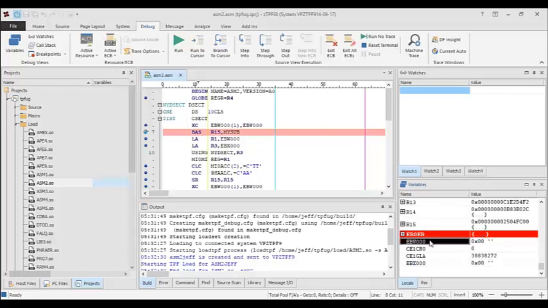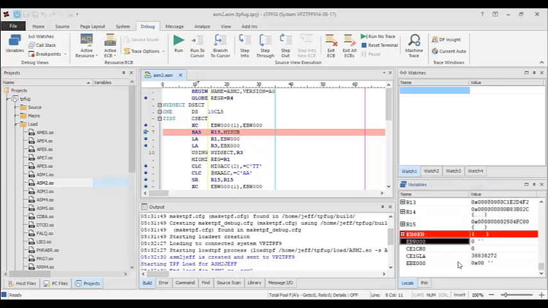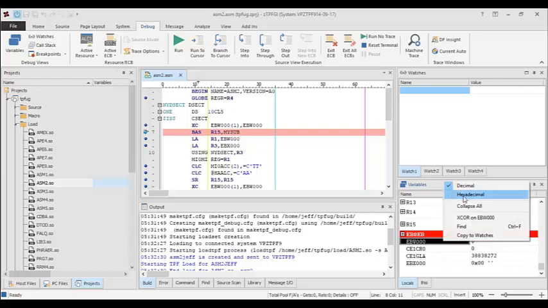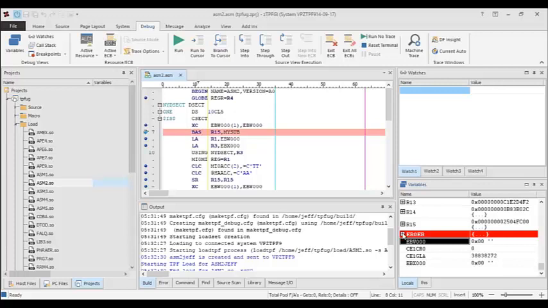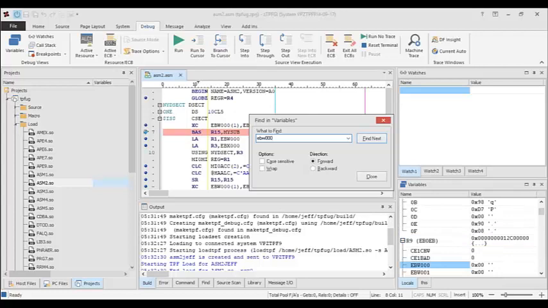Let's say the EBW, for instance. I can change to display that as decimal. So now this field is being displayed as a decimal field instead of hexadecimal. I can switch back. In the EBW field, I can right-click and do a find, for instance, and maybe within that structure I want to see where EBW00 is. So I use find,